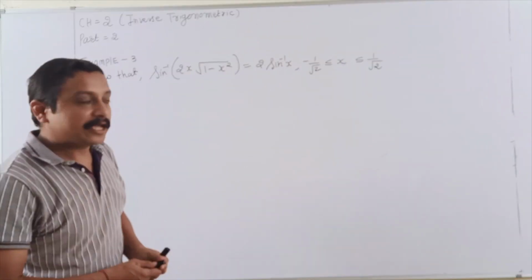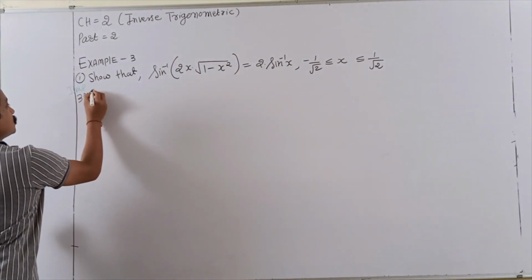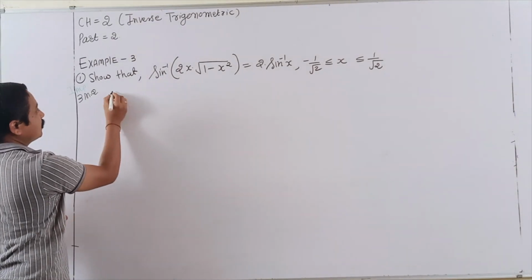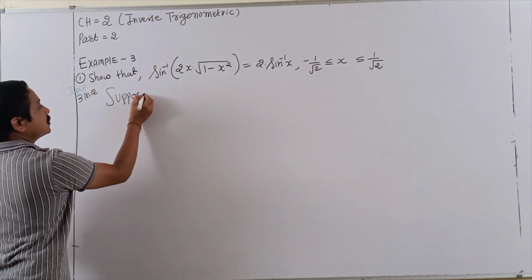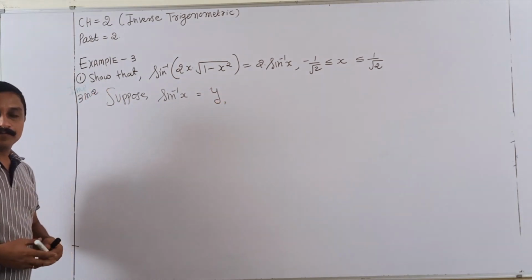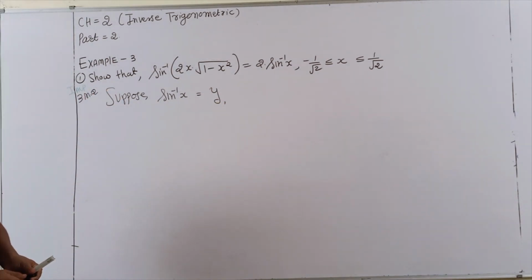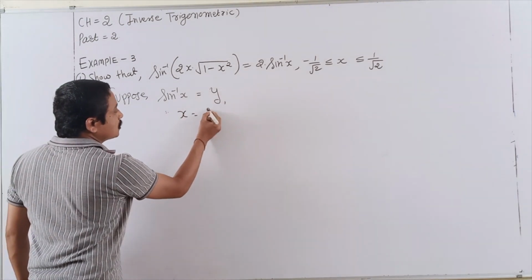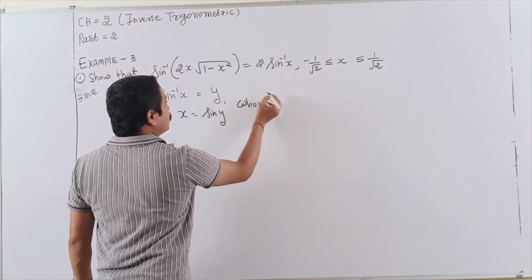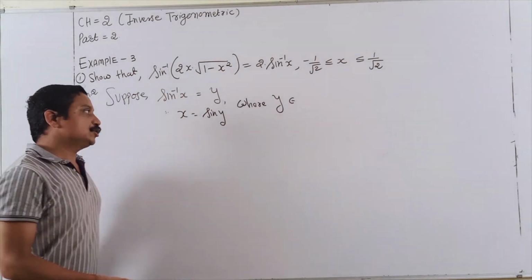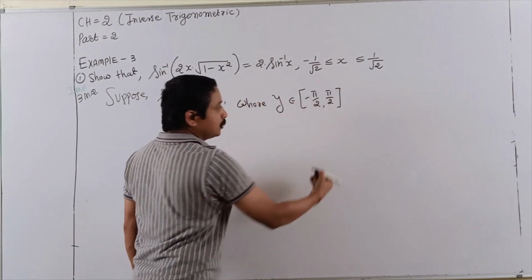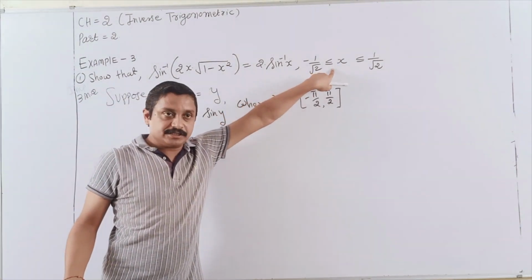Students, this is a big sum and it is a 3 marks question. So I am going to start now. First of all, I start with sine inverse proving. Suppose sine inverse x is equal to y, or theta. So what is x? It is sin y, where our known range is y belongs to minus pi by 2 to pi by 2, and that range is used in these conditions.